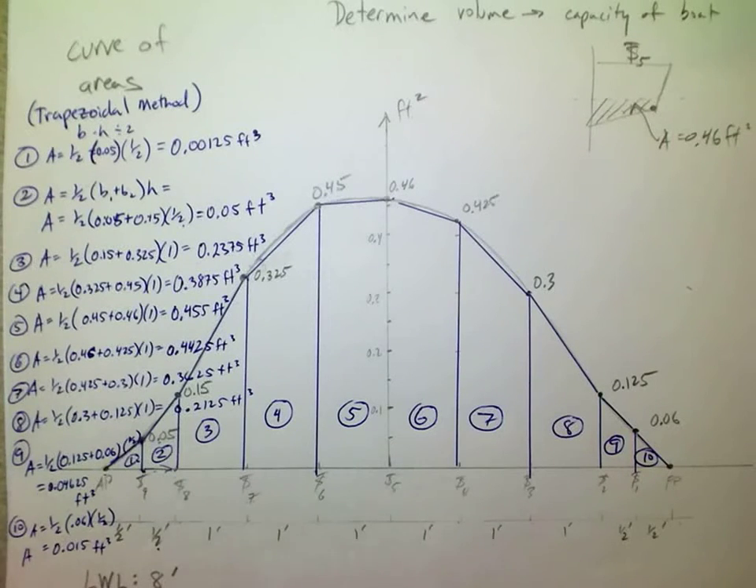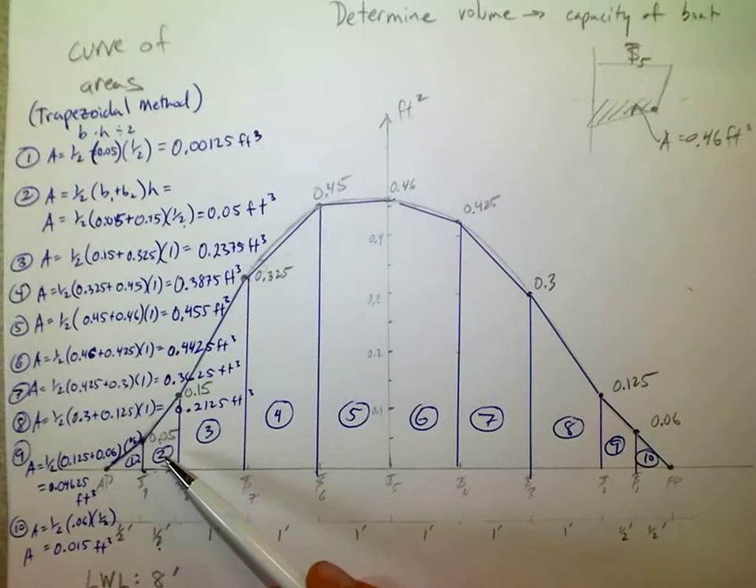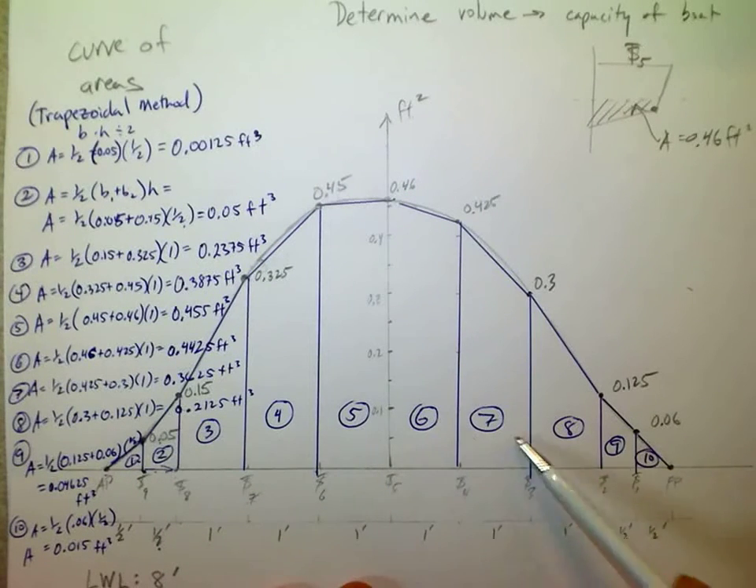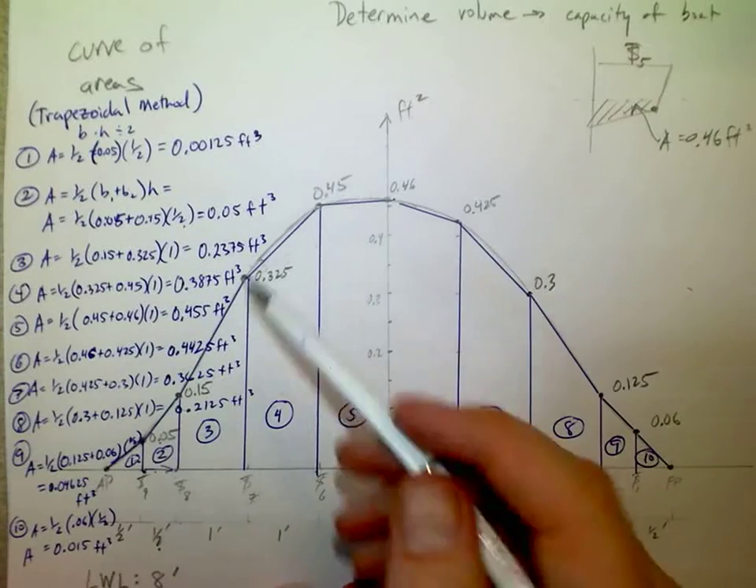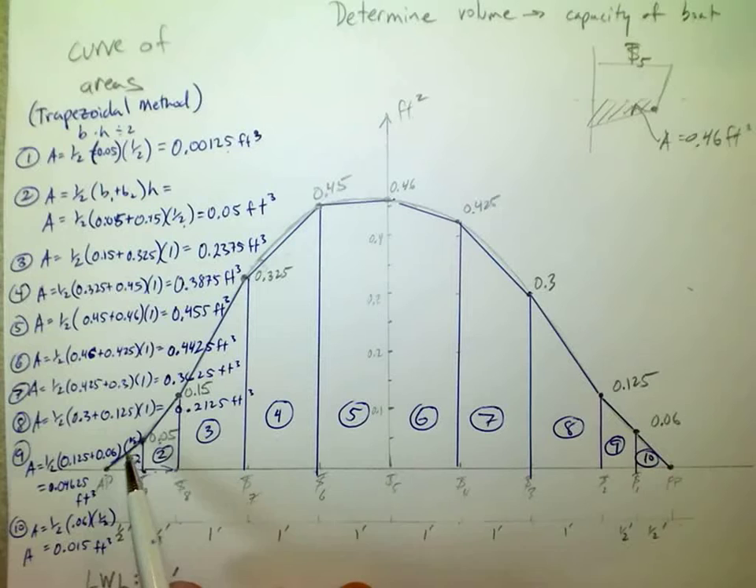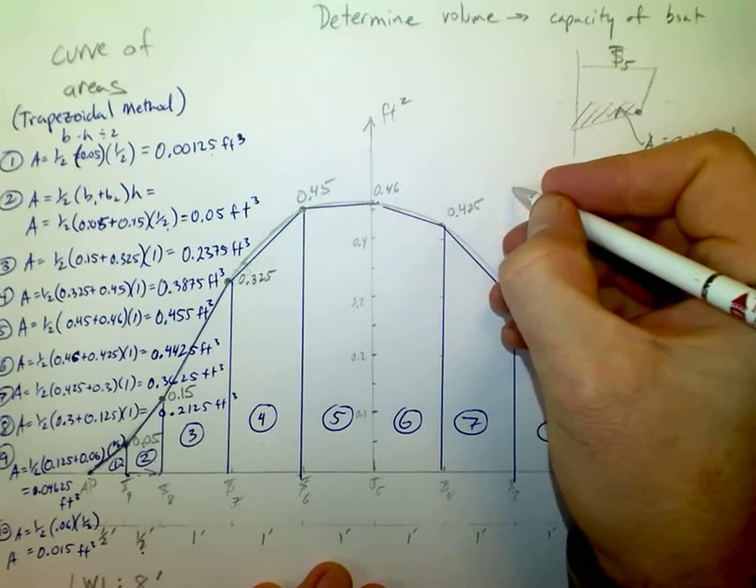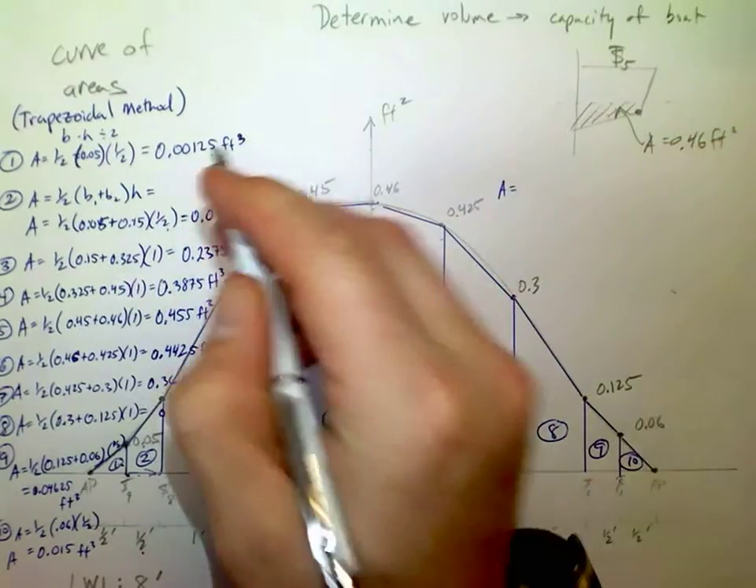Okay, so since the last video, I have calculated the area under each portion of this curve, and each of those corresponds to a volume. So I'm going to add up all 10 volumes here, and that's going to give me the volume of the boat, which is going to be A equals